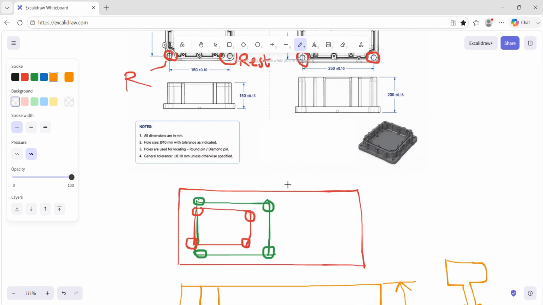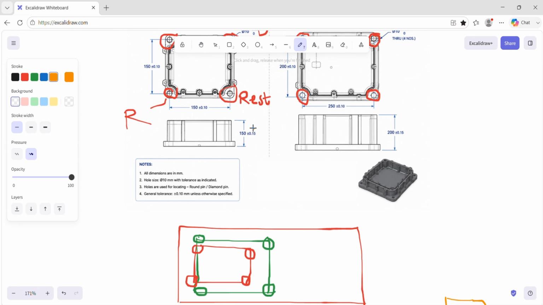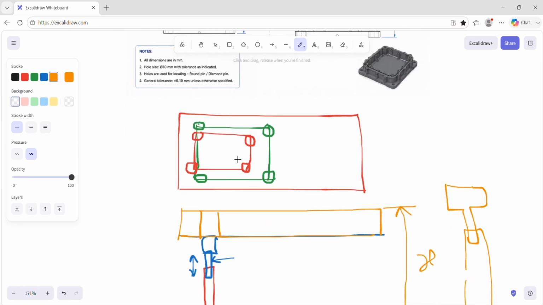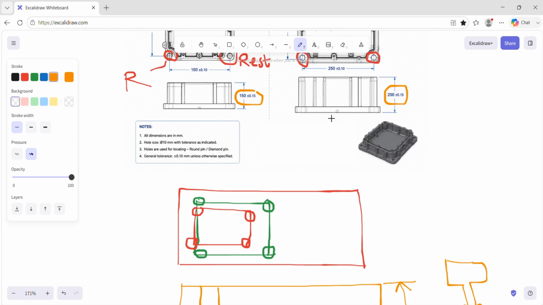Now, another point you need to check is, if you observe, this height is different. For one part it is 150, and for another part it is 250. Now, while designing, what will happen if we try to keep the top face of both parts the same, going with this arrangement?